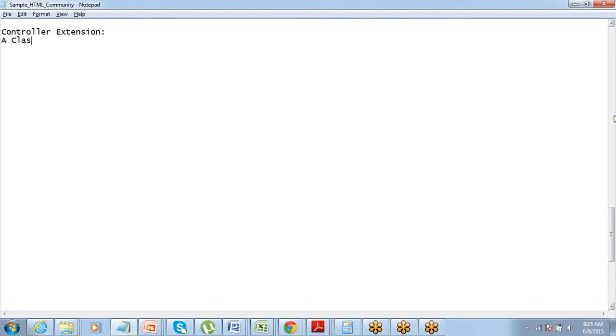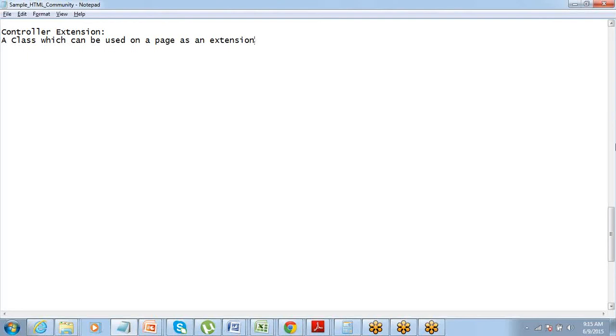It's a class which can be used on a page as an extension, right? So your page can already have a controller, and this extension controller can be used as an extension to that controller, right? So far you have just been using one controller on the page, right? But we also have an option of using an extension on the page, which means you can have a primary class or primary controller, and on top of that you can have an extension. Got it?